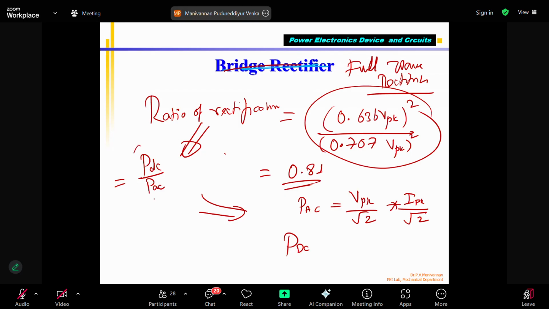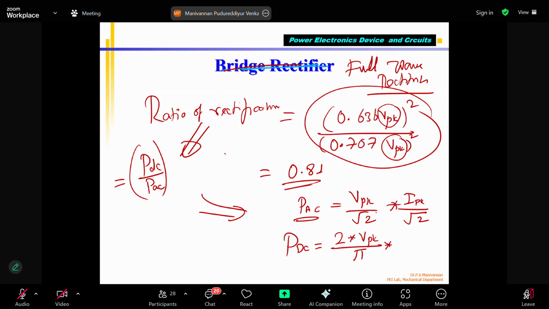You can use this formula, 0.636 multiplied by V peak whole square divided by 0.707 into V peak. If you have it in terms of voltage or V peak, you can still compute. Instead, you can use another formula, where PDC equals 2 into V peak divided by pi multiplied by